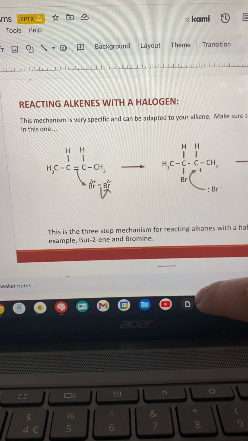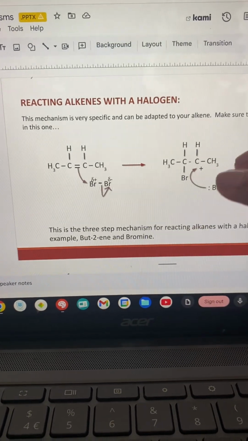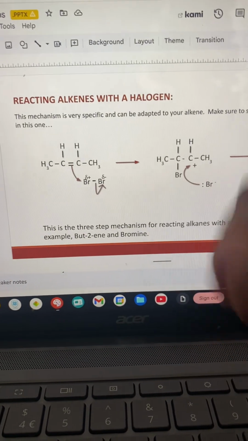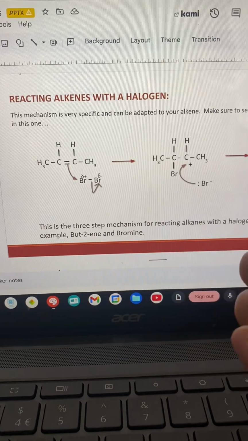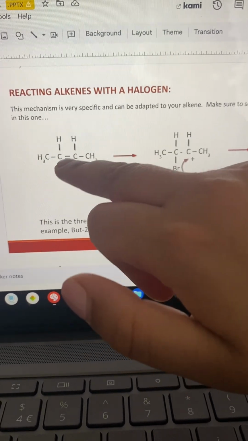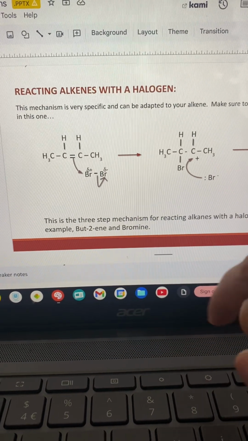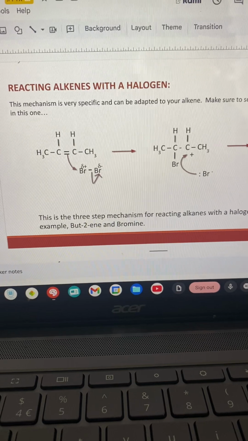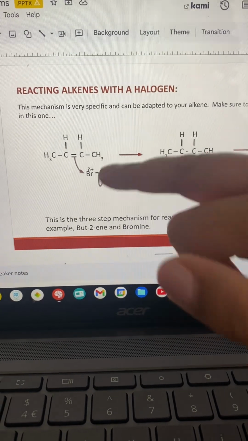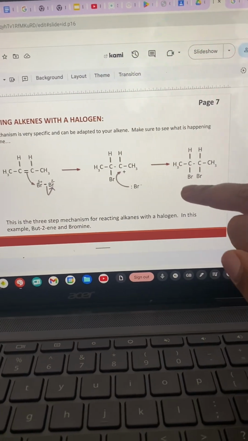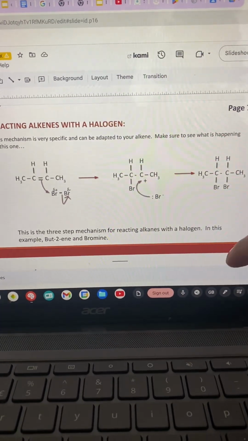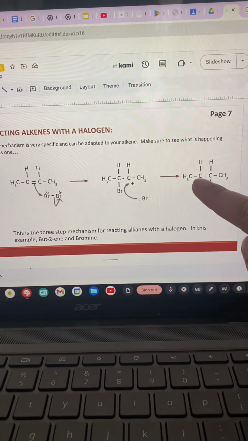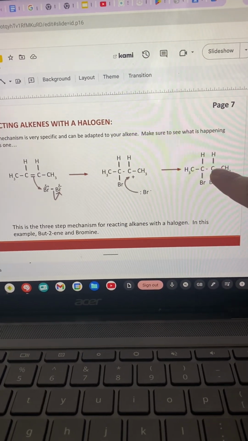So if you see in an example of electrophilic addition, if it is something like Br2 or Cl2 and both of the atoms are the same, then one will be positive and one will be negative. The one that's closer to the alkene bond should be positive, okay? The double bond. That just makes it easier to draw the mechanism, okay? As long as one's positive and one's negative, that's fine. So this is what the overall mechanism would look like. So at the end, we get two of the bromines attached to the carbons. And make sure you remember the bromines are always going to be added onto the carbons which originally had the